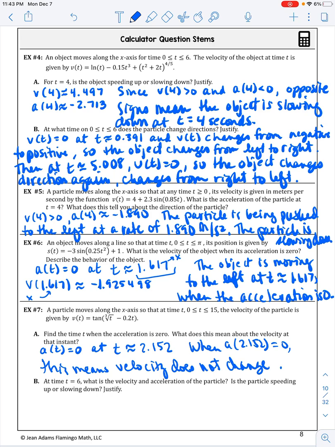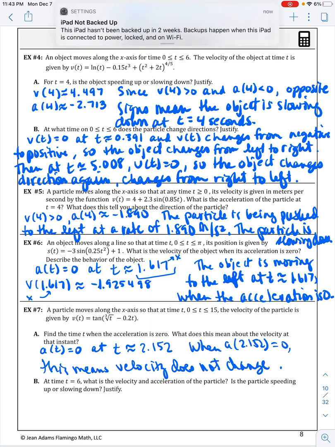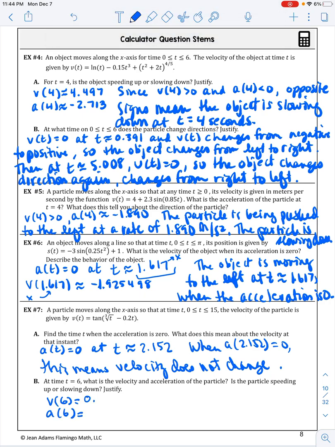At time t equals 6, what is the velocity and acceleration of the particle? Is the particle speeding up or slowing down? So we're going to be looking at our v of 6 and our a of 6 to see what's happening. If you do look at that, our v of 6 is 0.709, and our a of 6, and these are approximates, is negative 0.148919. And I said, since the signs are opposite,